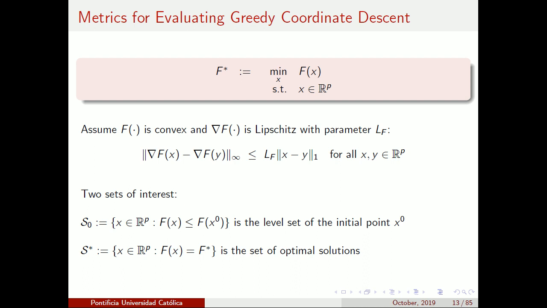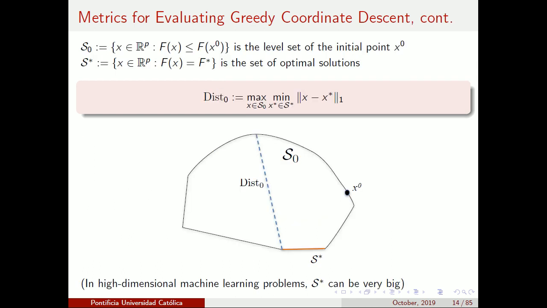All right, I'm going to be interested in two sets. One is the set of all points whose function value is at most that of the starting point. This is what's called the level set of the initial point. And the other is the set of optima for this problem. And I'm going to define this quantity, dist sub 0, to be basically, among all points that are in the initial level set...